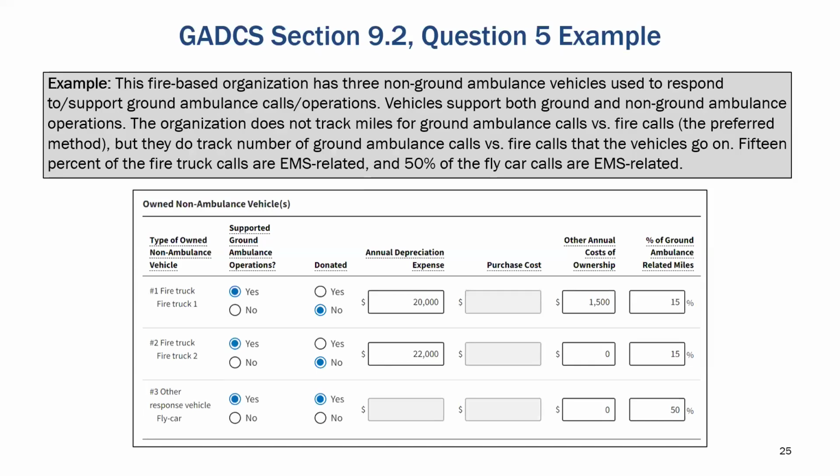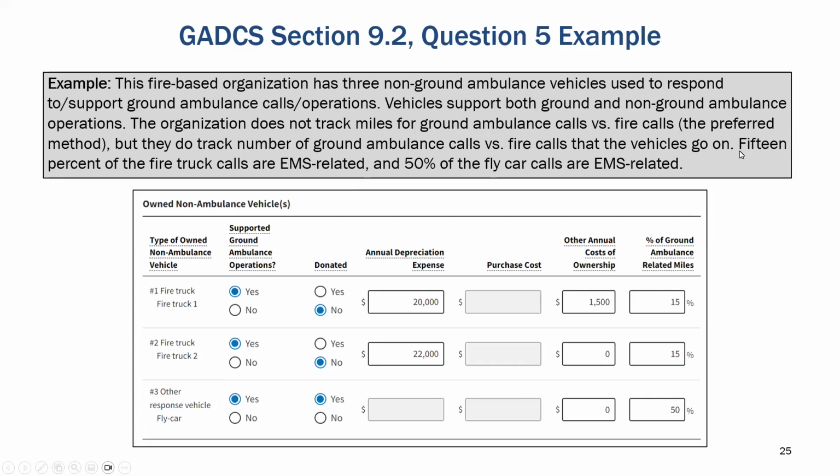An example of section 9.2, question 5. Let's say we have 3 non-ambulance vehicles. Those vehicles are used both to support ground ambulance and non-ground ambulance operations. You don't necessarily track miles for ground ambulance calls versus fire calls, which might be the easiest way to split this up. But you do have this share of medical calls versus fire calls.